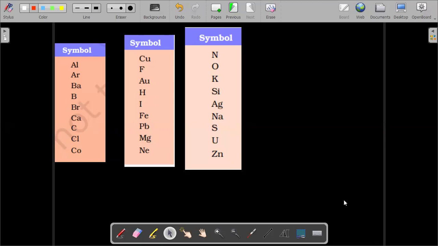Aluminium. Okay, after cobalt, what is Cu? Sodium? No, Cu is not sodium. Cu is copper. Fluorine, yes. Au, Pranav, what is Au? Gold, sir. So Au is gold. Yes, continue. Hydrogen, yes. After hydrogen, I is for